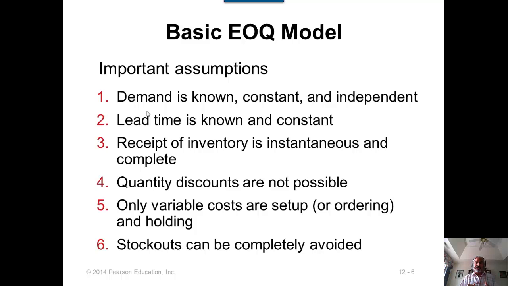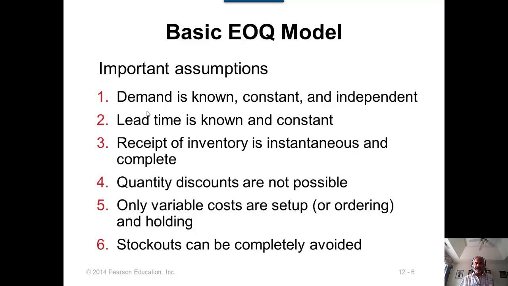The fourth assumption is quantity discounts are not possible. We already discussed that. So if quantity discounts are available, then we will be looking at a different model for quantity discounts. Now, assumptions 5 and 6 follow from some of the assumptions that you have made earlier. The only variable costs are setup costs and holding costs, and that comes from number 4. If quantity discounts are not available, then item cost is irrelevant. The only variable costs are the setup cost or ordering cost